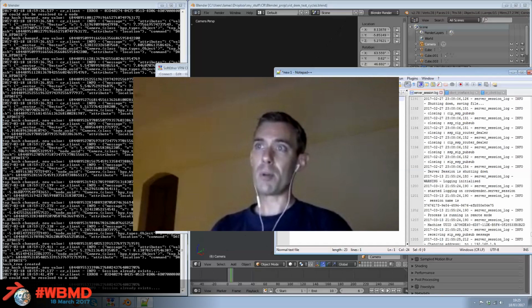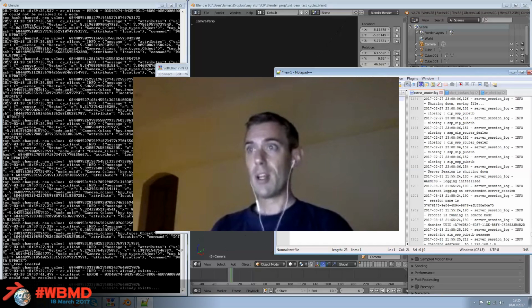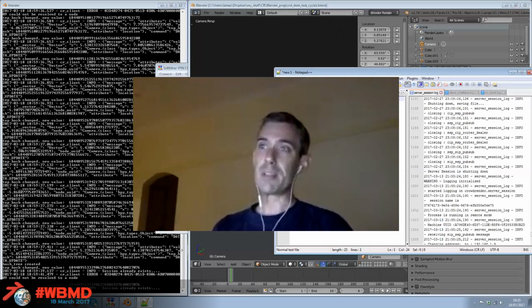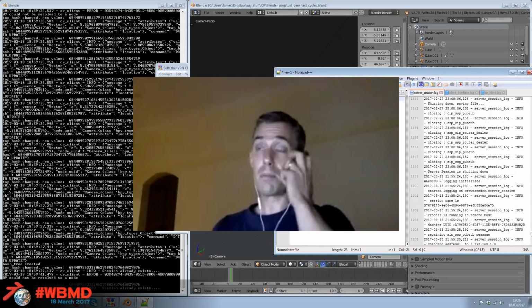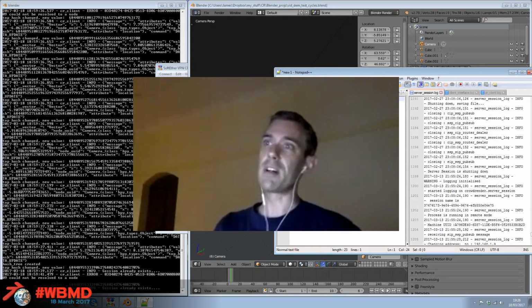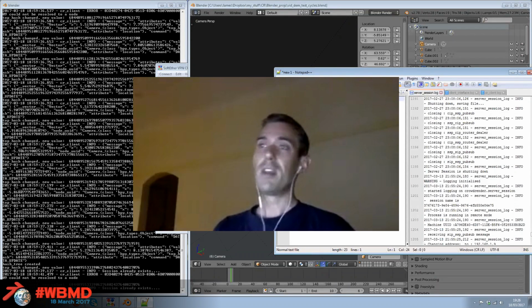So for example, at the moment we do tile-based rendering. There's no reason why our system can't be adjusted to do splitting frames up between different machines. And if you're doing animations, which our system currently does using tile-based rendering, it's possible that splitting frames between machines rather than splitting tiles per frame might be faster. And certainly another direction we want to go in is driving the viewport through Cycles, or through, I